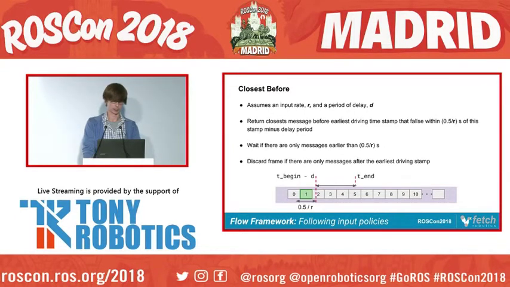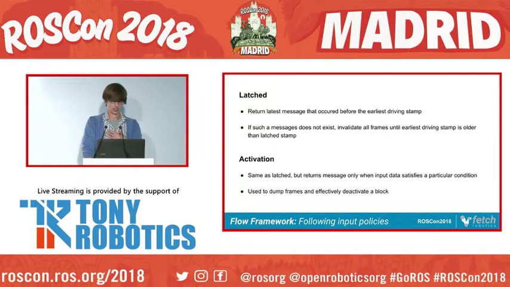Another policy is a closest before policy. So we'll get the message that is closest before our driving input stamp with some delay. And then we also assume a rate. So if we could wait for another message that might be closer based on this assumed rate, then the input channel will do so. And there are a few other following input channel policies,